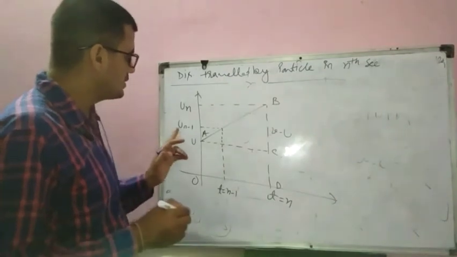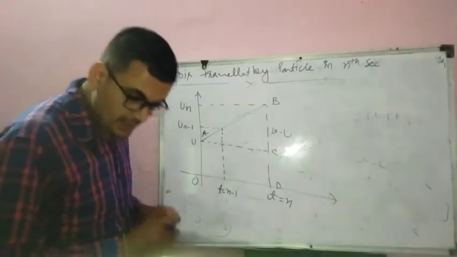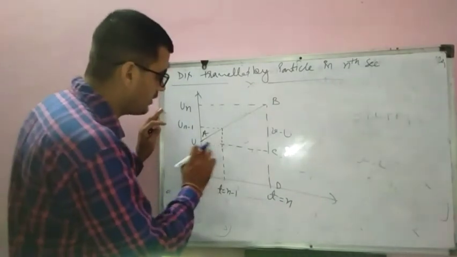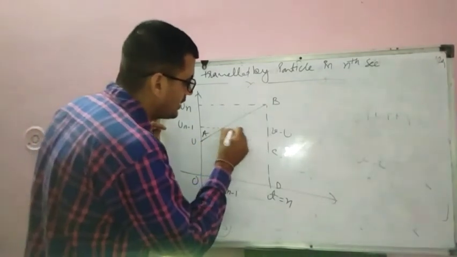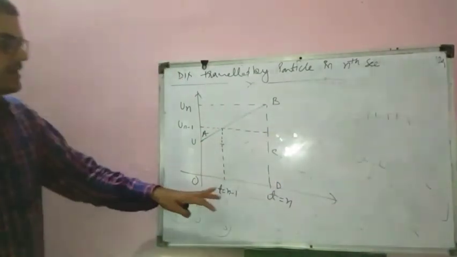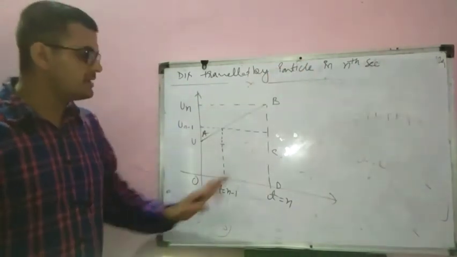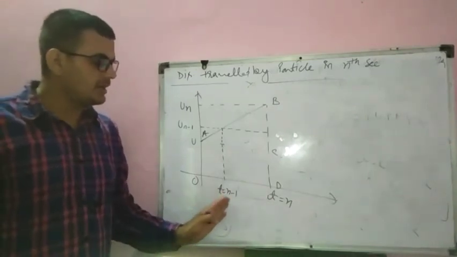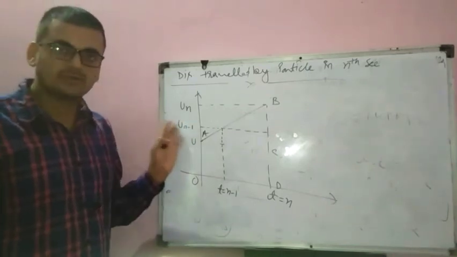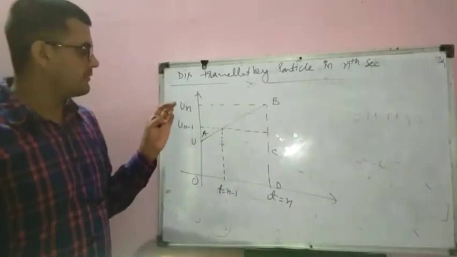Okay, what is it? v(n-1) at time t equal to n minus 1, and it is vn at time n. You can erase it also, or you can draw it like this. Simply, the graph is the same. We have to calculate the distance for the nth second. So first we have taken time t equal to n minus 1, then the velocity will be v(n-1), which we have assumed. At time t equal to n, one second later, the velocity is vn.